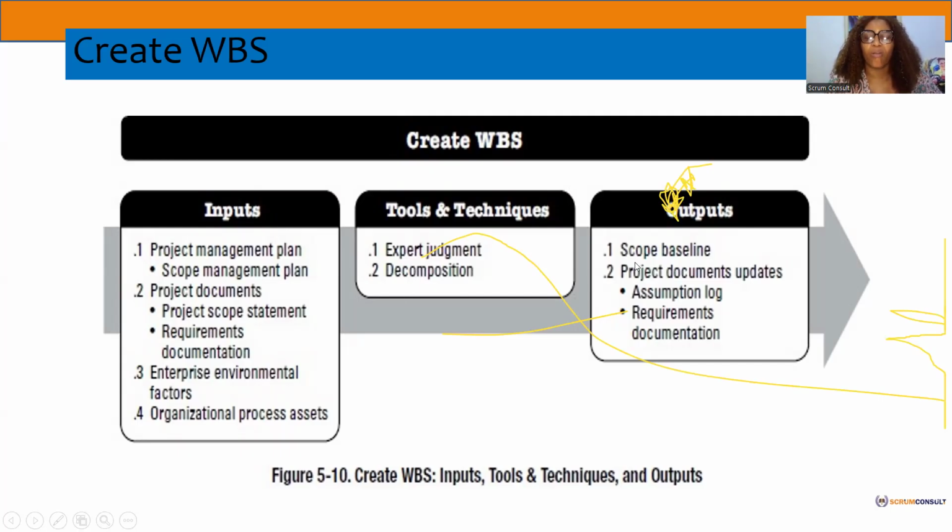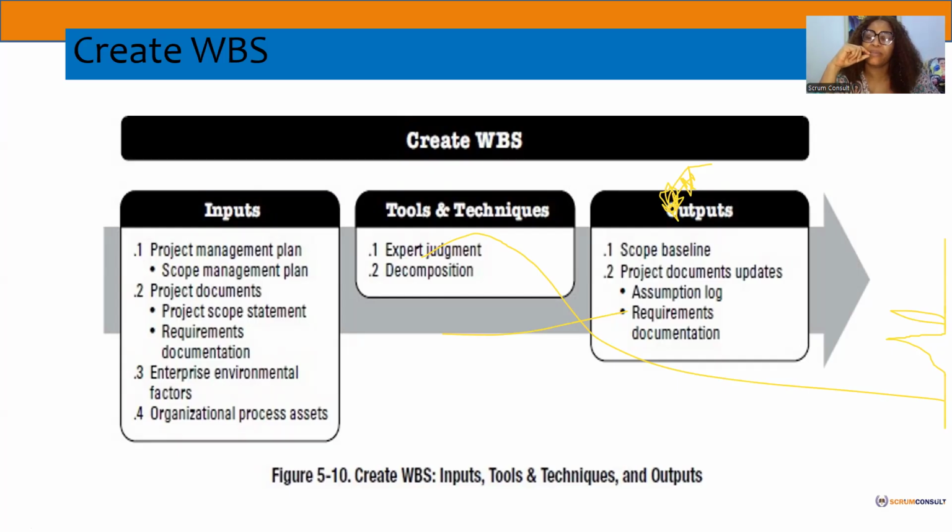Here you have your scope baseline, which is the output of your work breakdown structure. And remember what we said a baseline was. What did we call a baseline? The reference point, an approved document.